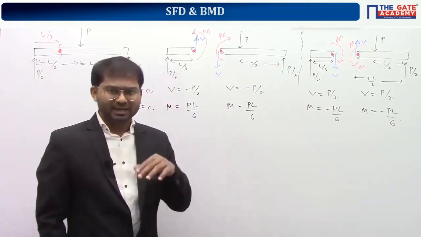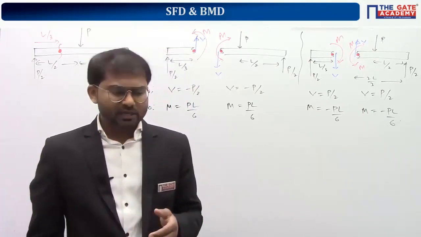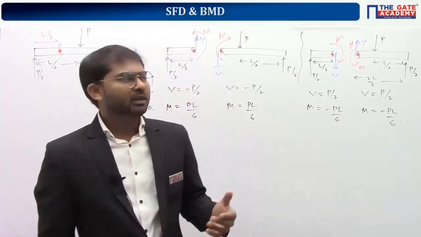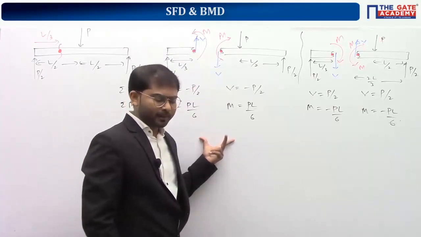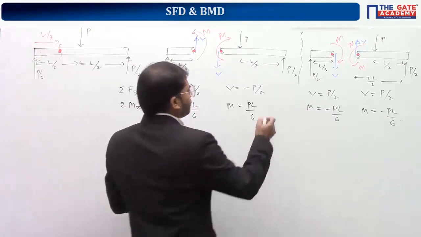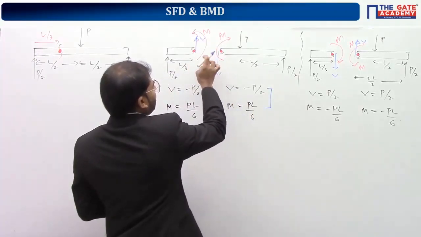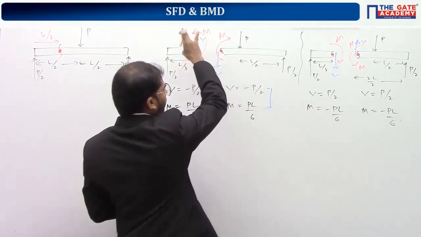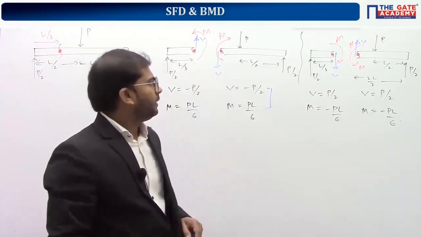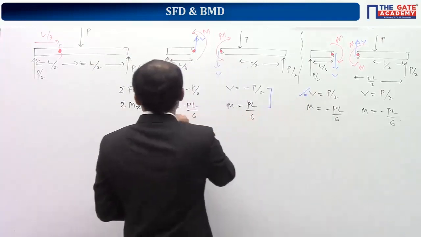I'm asking you people to follow the convention, the sign convention, which is followed by most of the people around the world. If you see the NPTEL lectures, or many of the foreign textbooks, this sign convention is followed. If you see Indian author textbooks, this is being followed here. That means we should take upside, downside, if it is left side or right side respectively, M anti-clockwise, M clockwise, left side or right side respectively. If you see Indian author textbooks for SOM, they are following this.